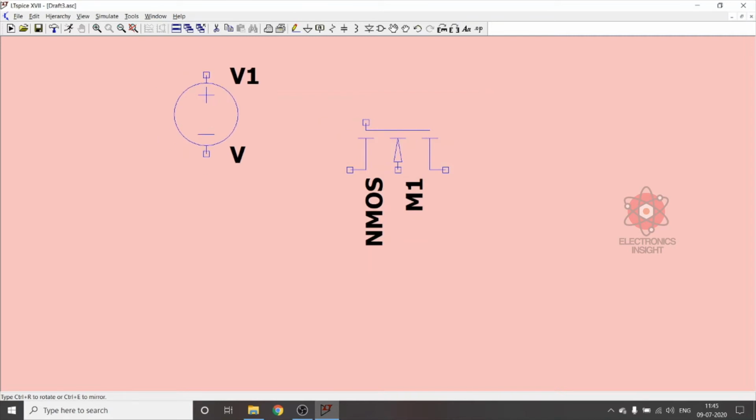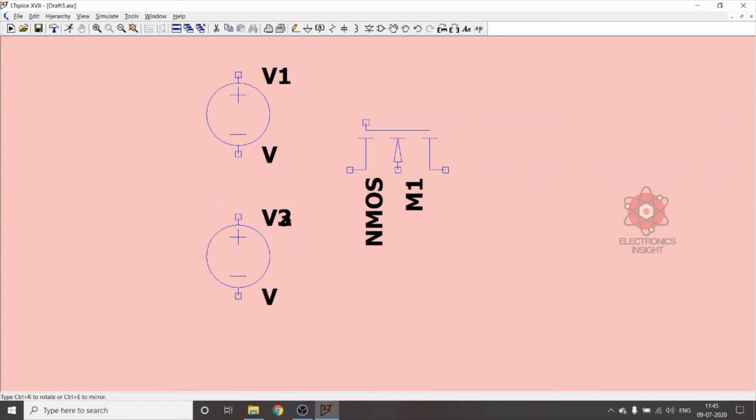The first source we are going to give in the gate terminal, and the second one is for connecting the input source terminal. So just press escape, otherwise it will try to come here. Now we need to connect all these things. Before that we'll have one more capacitance for discharging. So again, select component, or you can straight away see the capacitor here. That also we can keep here.